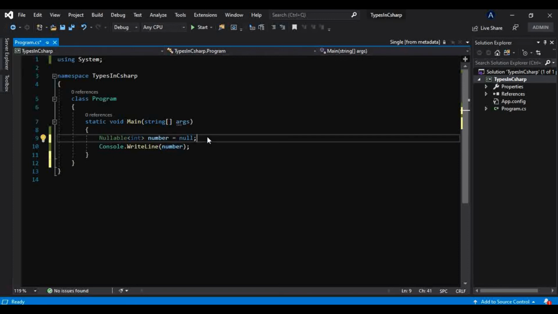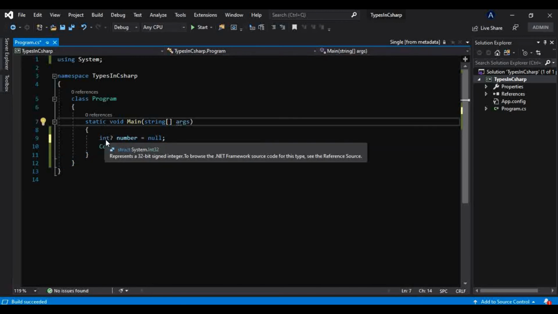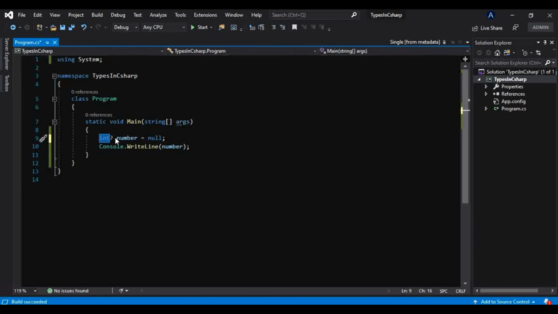That's how you can store a null value in this integer. If you don't want to use this much code, you can get rid of this and simply use a question mark after int. This is one and the same thing.